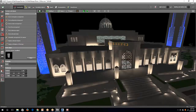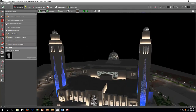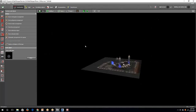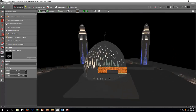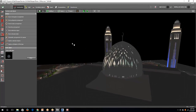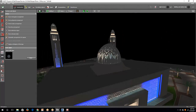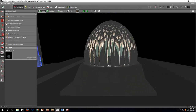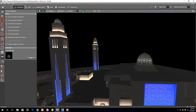You can see here now. And the only thing that is imported from SketchUp is these domes. This is because this is very complicated and I cannot do it in Dialux Evo. So I asked for the SketchUp file and then I converted the SketchUp file into 3ds. And then, yes, I inserted it here. It should be a glowing dome, but because Dialux Evo cannot create a glowing effect, that's why I did some photoshopping on